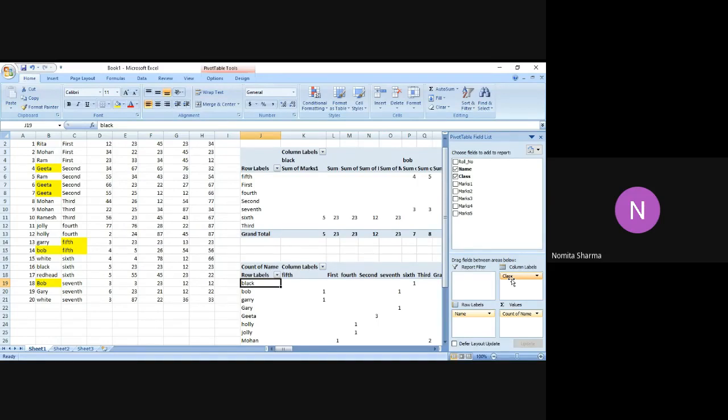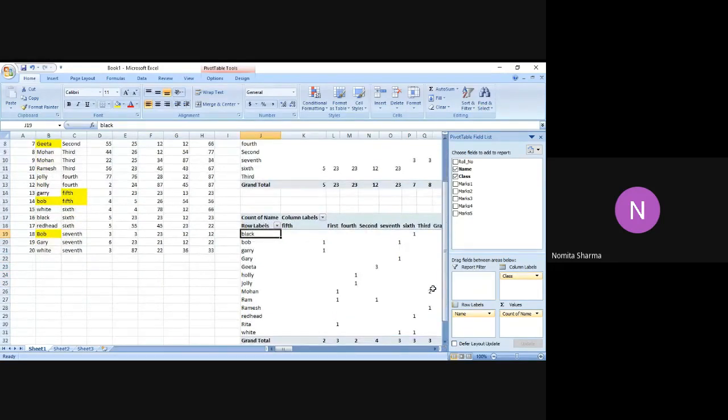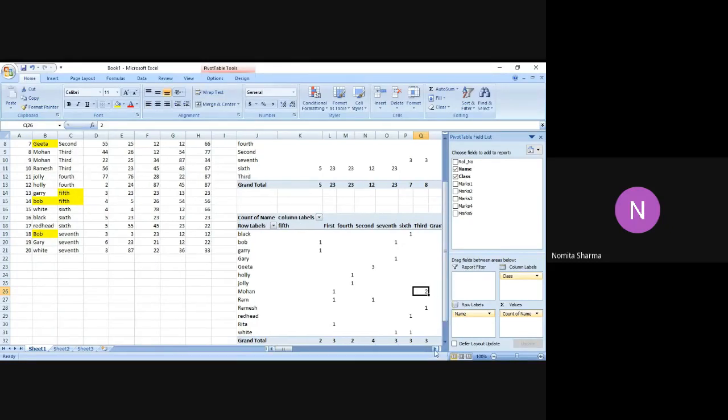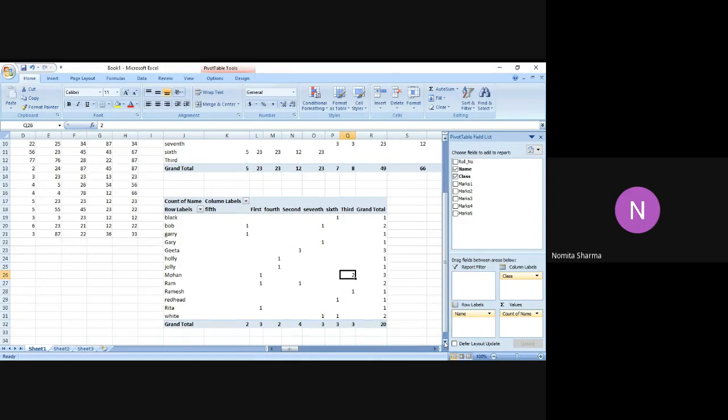There are 3 students with the name Geeta appearing in the 2nd class. Further, if I do the interpretation, you see the second number as well. Mohan: there are 2 students with the same name Mohan appearing in the 3rd class, and 1 is there in the 1st class. At the end, you see it is automatically giving me the grand total, both row wise and column wise. So that is the advantage we have, wherein we can work around with the data that we have made in the master table, and that again depends on the situation.